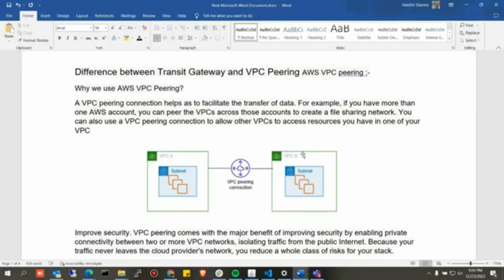So let us start with AWS VPC peering. An AWS VPC peering connection helps to facilitate data transfer. For example, if you have more than one AWS account, you can peer these VPCs across accounts to create a sharing file. You can also use VPC peering to allow your other VPC to access resources in one of your VPCs. So basically, VPC peering not only helps you to connect, but also helps you to share the